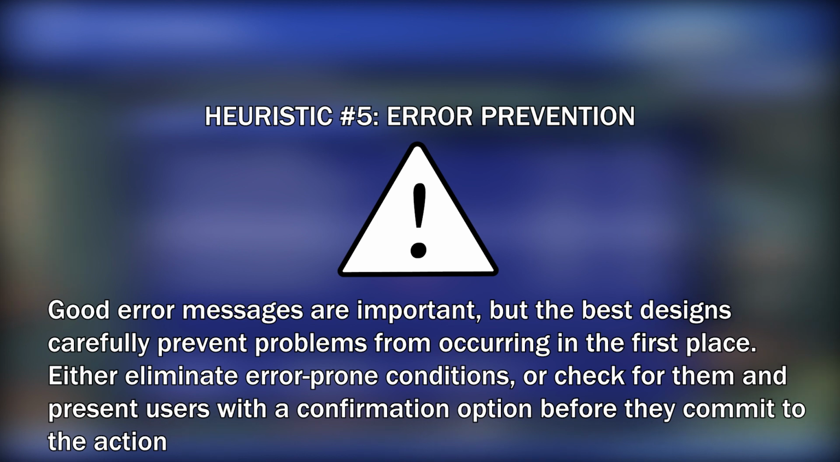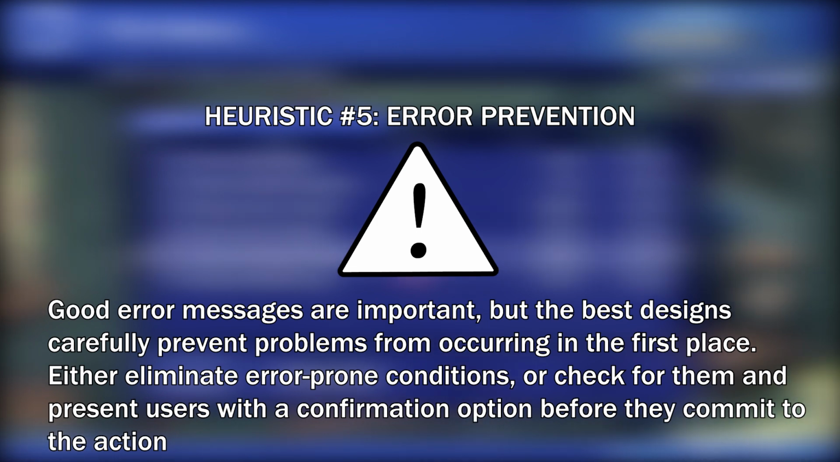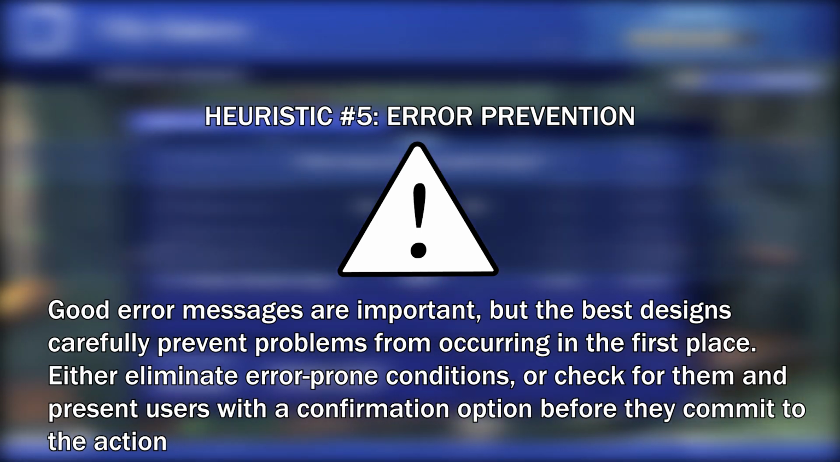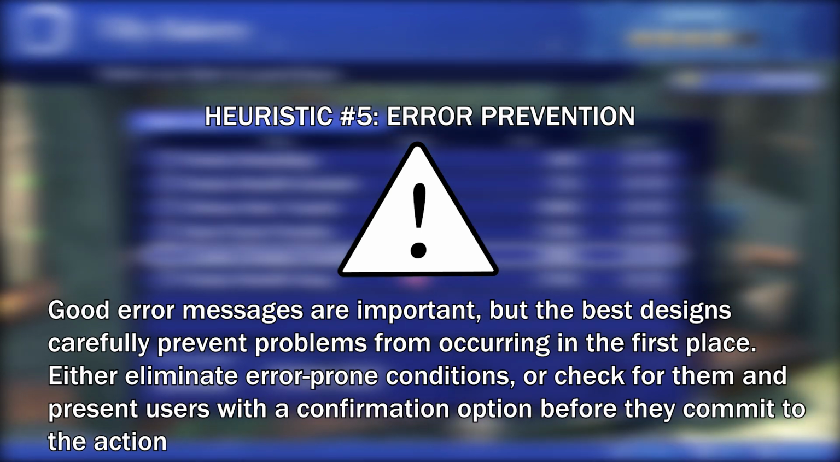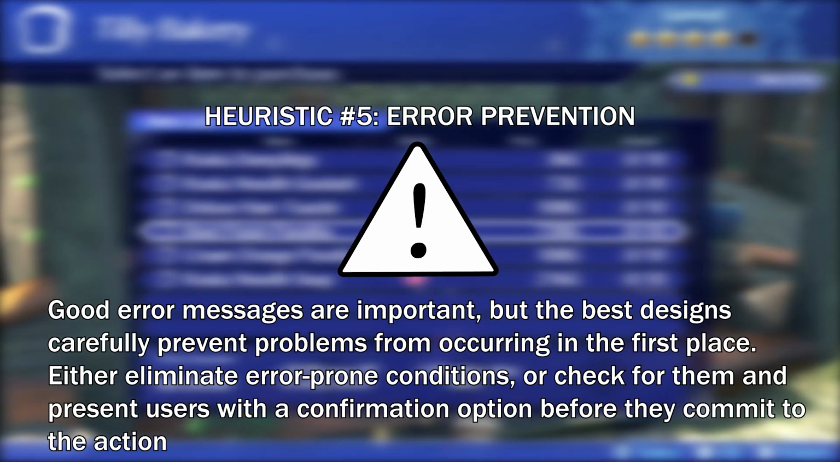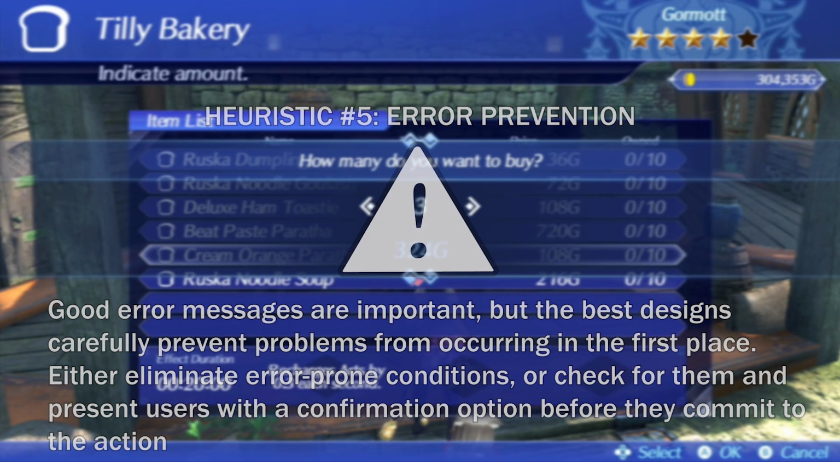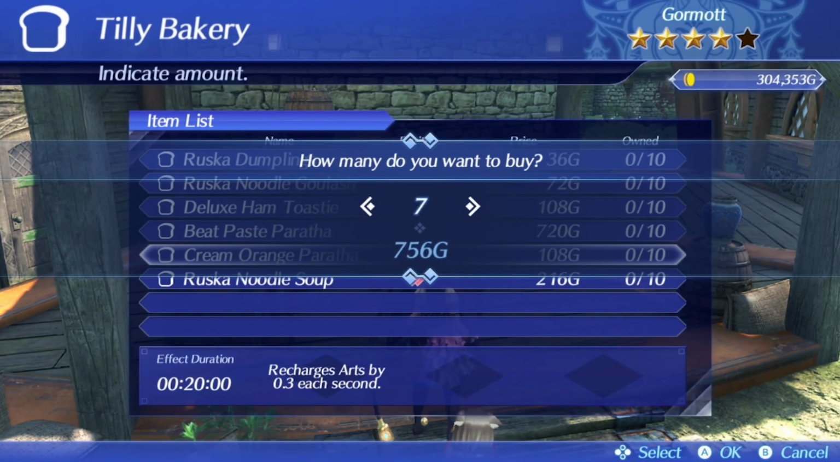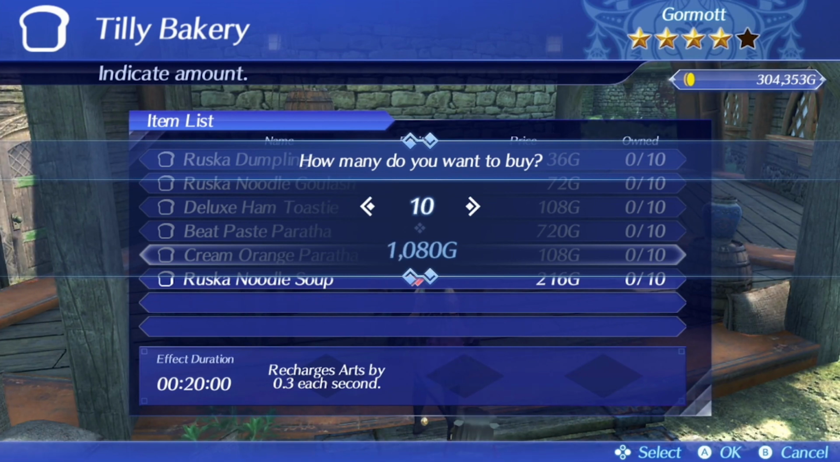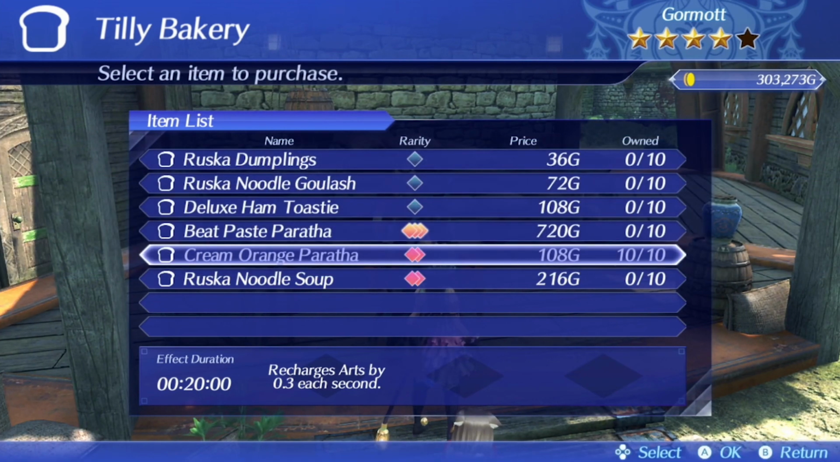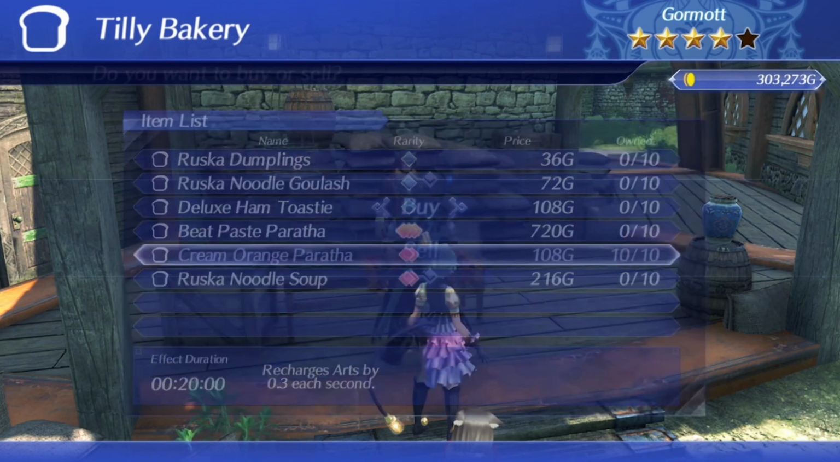Heuristic 5 is error prevention. Good error messages are important, but the best designs carefully prevent problems from occurring in the first place. Either eliminate error-prone conditions or check for them and present users with a confirmation option before they commit to the action. So Xenoblade 2 does sort of have an error prevention mechanic, but somewhat it acts as a curse that